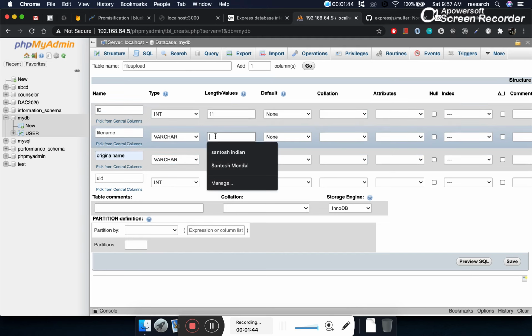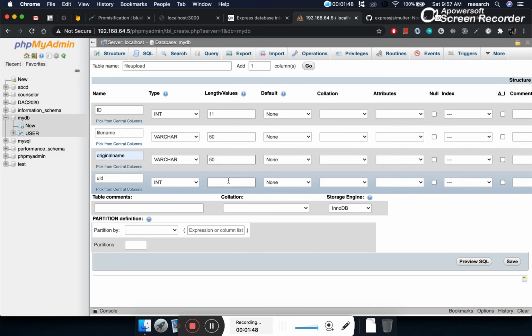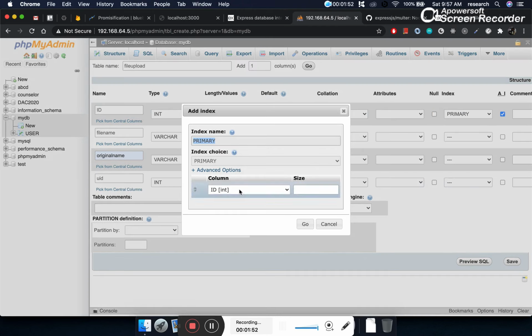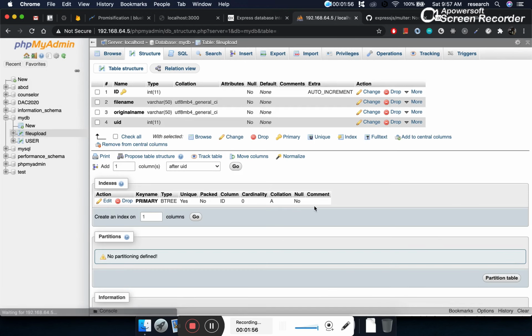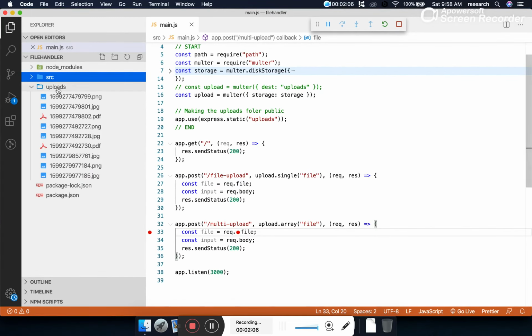Let's keep 11 for the ID, and the file name 50. This is also 50, this is 11. Let's make the ID column our primary key. So let's run this query. Now you can see that our four columns are ready, that means our table is ready, and the name is file upload.